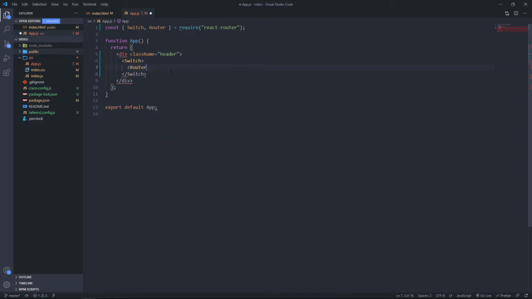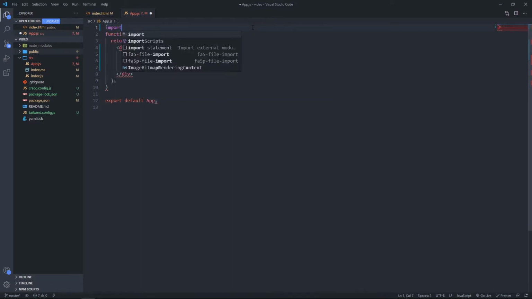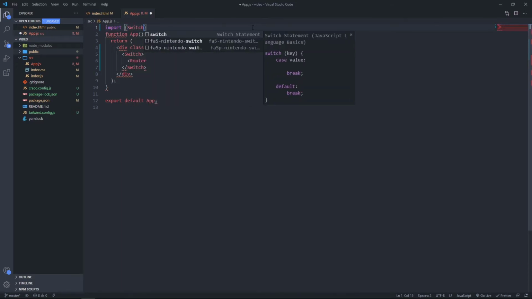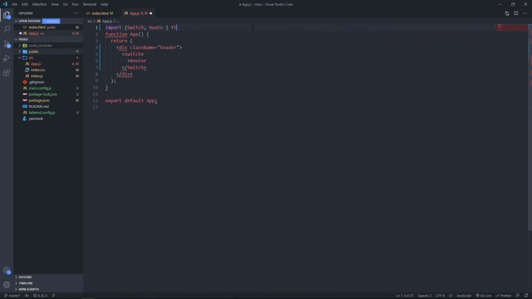You guys will notice that every time I click on enter, it imports, but this is not the type of import I want, because it's saying require. What I want to do is say import. So I'm going to say import Switch, and also import Route from react-router-dom. So I'm calling those from there,